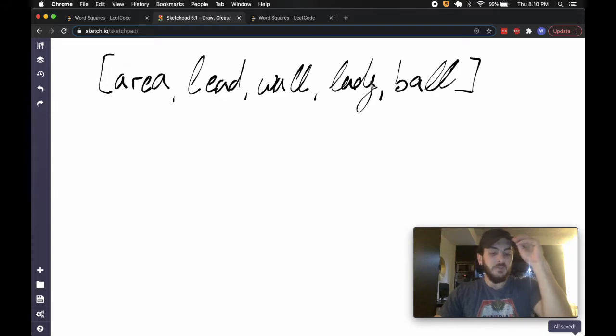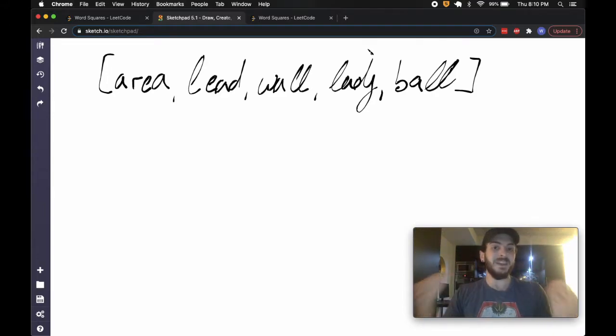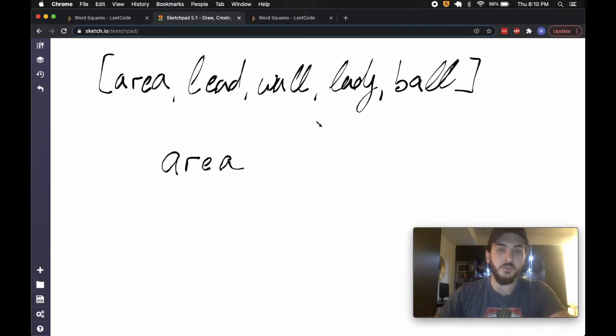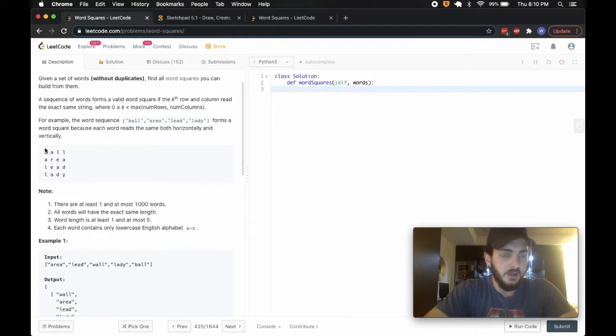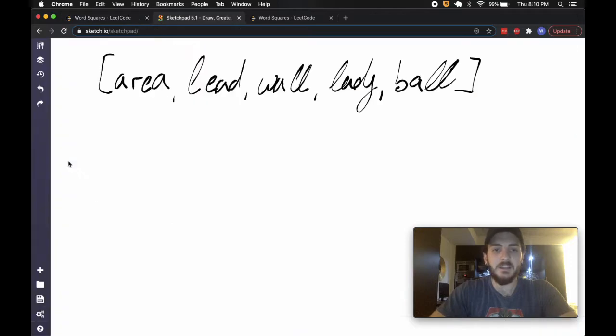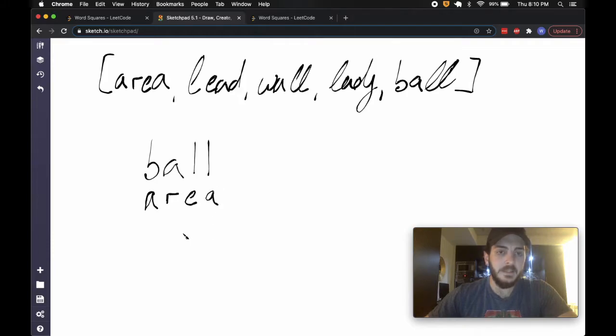The question becomes, though, what are the conditions for something actually being a valid square? If I started with area, so this first word here, what can go next? Well, to answer that, let's look at an example that worked here. I'll do this one: ball, area, lead, and lady. So we'll do ball, area, lead,